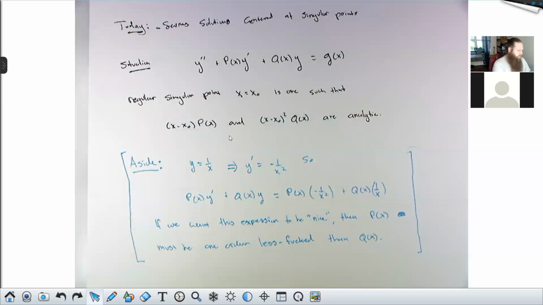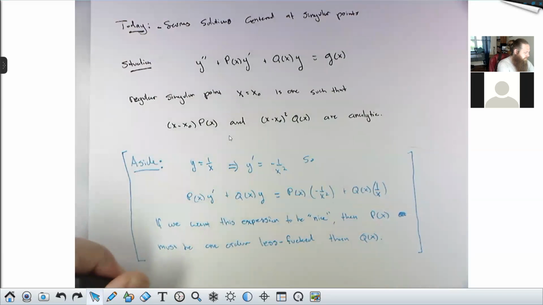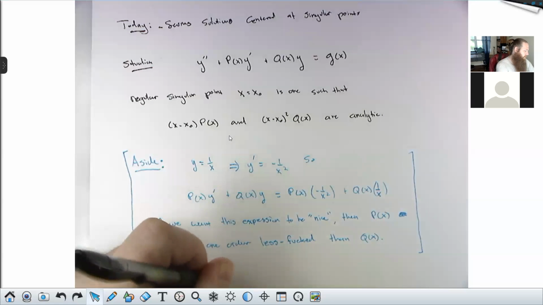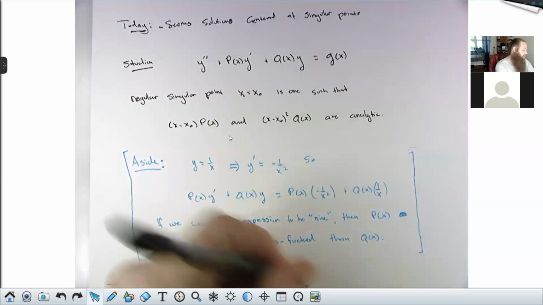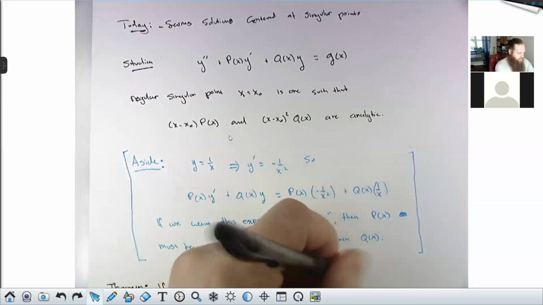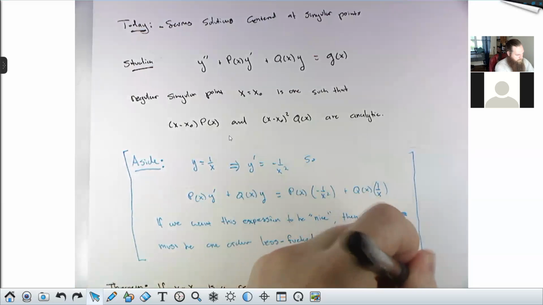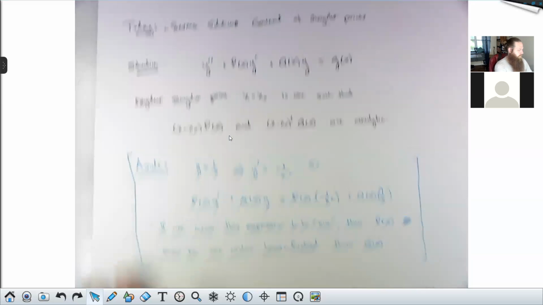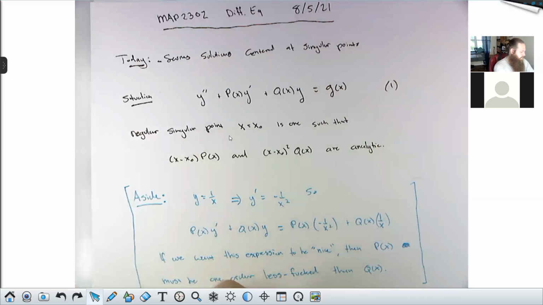And so here's the theorem. Here's the mathematics behind what we're just saying. If x equals x naught is a regular singular point, then we can assume there is a solution to this differential equation, to 1, of the form